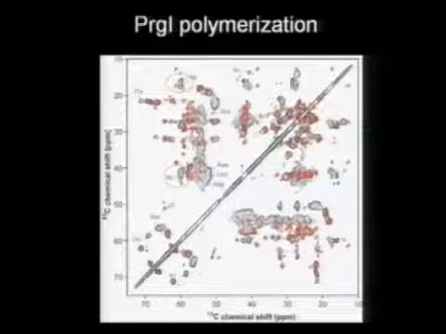Now, what I think is interesting about the mechanism of how type III secretions actually work is to understand how a monomer like this can build a needle. And for that, we are starting to use a very novel technology called solid-state NMR. In solid-state NMR, one can actually see the protein when it's polymerized. So we were able to compare the NMR spectroscopy of PrgI inside needles and PrgI in solution.